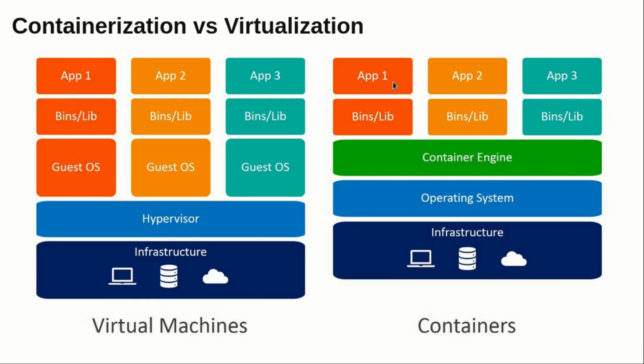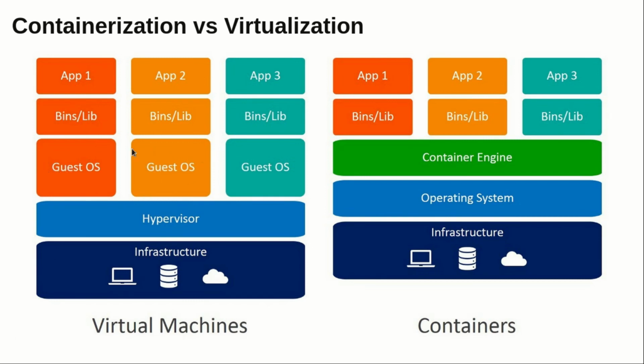Now let's move back, and as you can see, here are three operating systems. The hypervisor is creating these virtual machines, these operating systems. To allocate the resources from the infrastructure, the hypervisor will be used. Let's say this operating system requires some resources, so the hypervisor will take these resources from the infrastructure and allocate them to this first operating system.